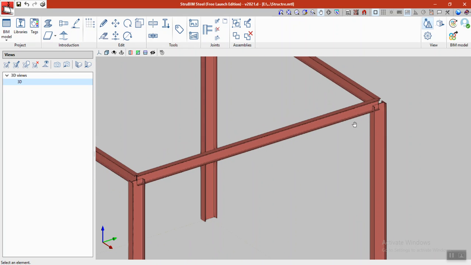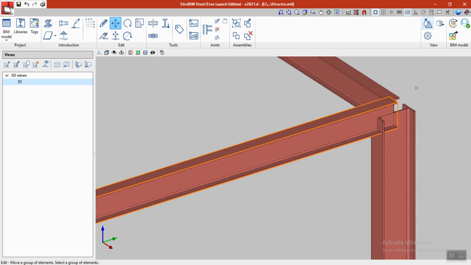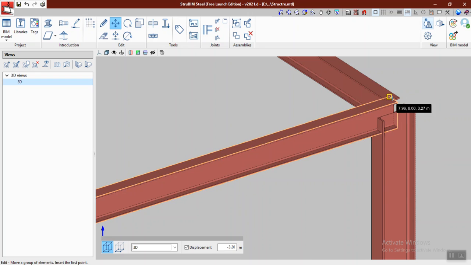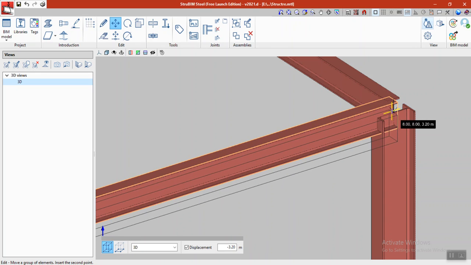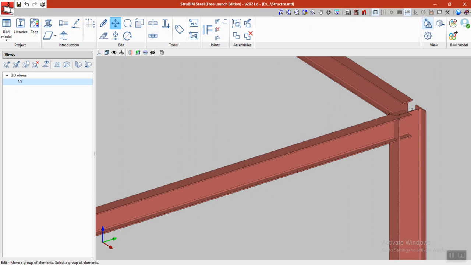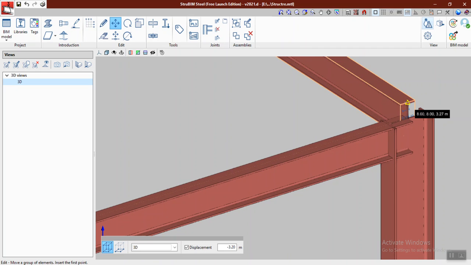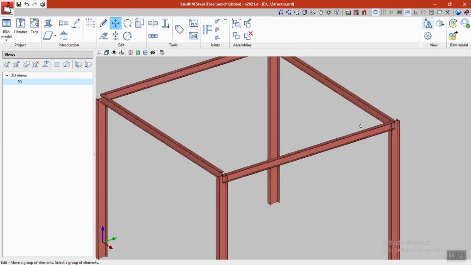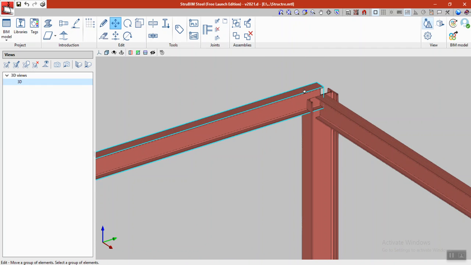Now I want to move the section to the down. So I click to the move. Then I'm choosing the top flange. Then I move it to the center of the column. And for this part,